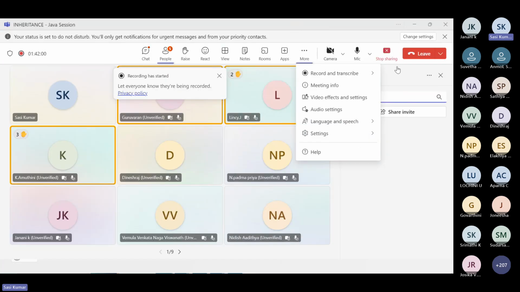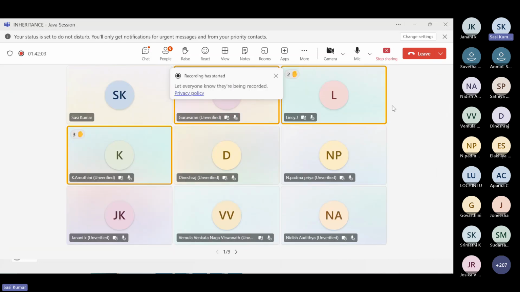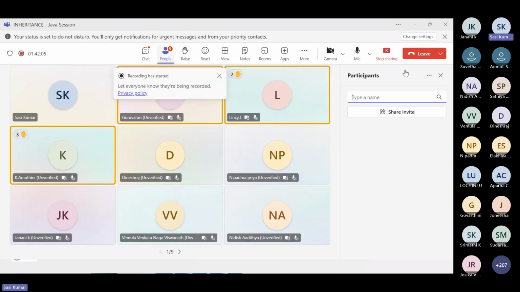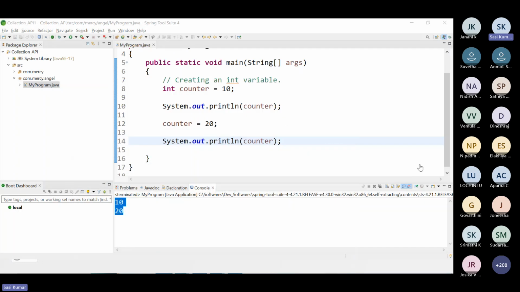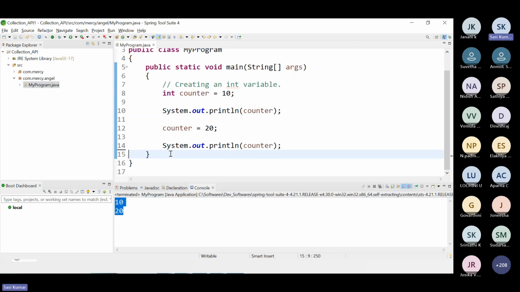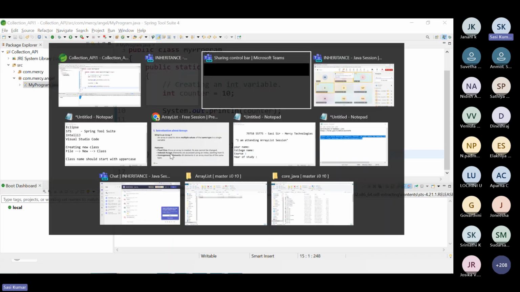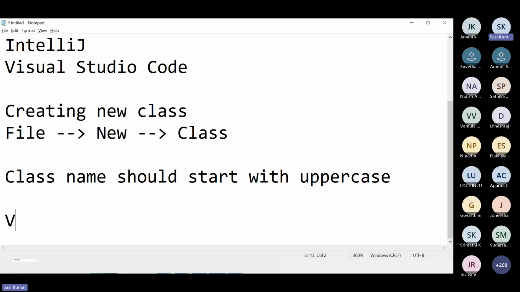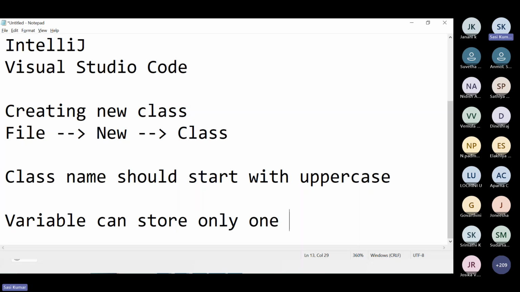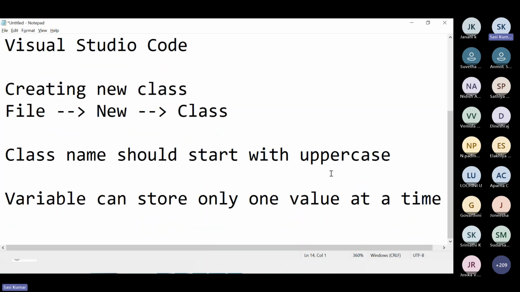The variable has limitations. Basically it can store only one value at a time. If I store one more value, then the previous value is removed. If I store a second value, what happens?